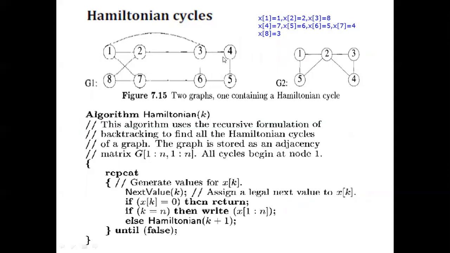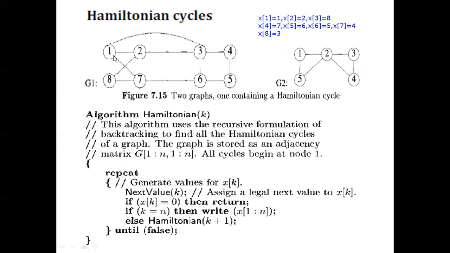Right. See this particular one. Can we generate a Hamiltonian cycle from here? Yes, it's possible. I will show it here. 1 to 2 I can go. One path I will explain. 2 to 8 I can go. 8 to 7 I can go. 7 to 6 I can go. 6 to 5, yes. 5 to 4, yes, we can do. 4 to 3, yes. 2 is already visited. 3 to 1. This is the Hamiltonian cycle. Based upon the number, I started with 1 only.